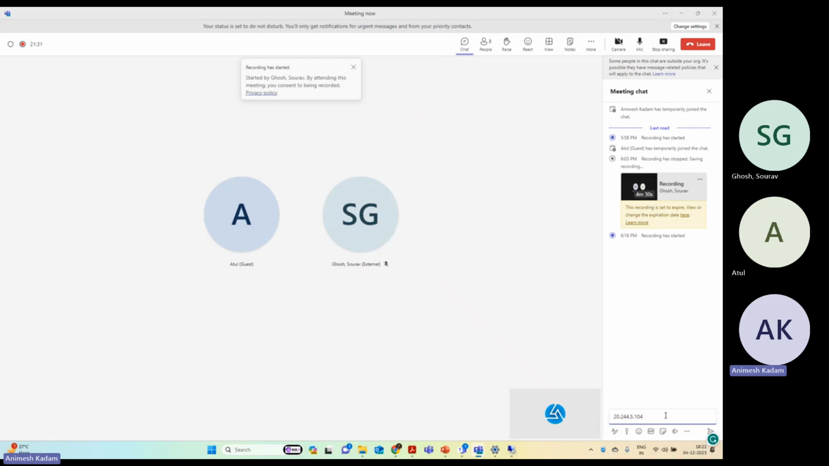ये फर्स्ट VM का IP है, यूजर है pyadmin. I might change the username. Let me do it right away before giving it to you. Or you can try it now, no problem. Pyadmin, and password is